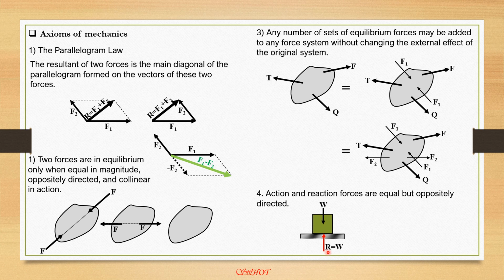The resultant may be represented by another force, or this weight here is transmitted to this horizontal surface, then it may be distributed and the reaction may be in a form of pressure, and the pressure may be uniform or not. So let's assume first that the pressure is uniform of intensity P, so that the resultant is simply pressure times the area, and it should also be equal to the weight W. So that's the fourth axiom of mechanics.